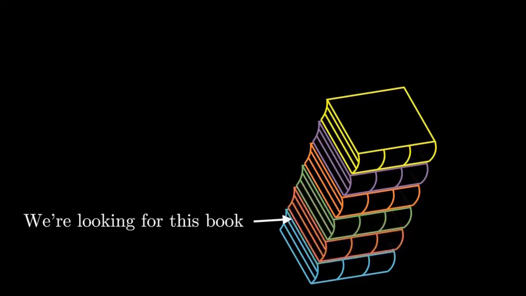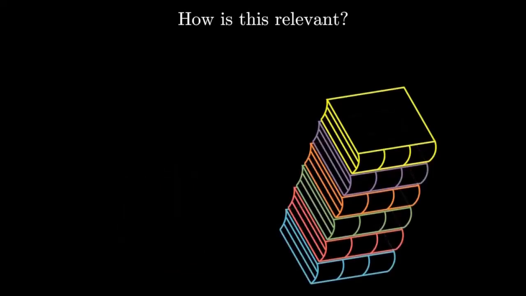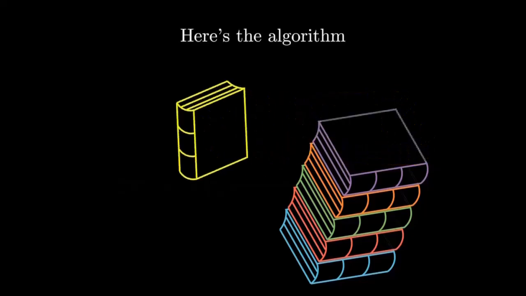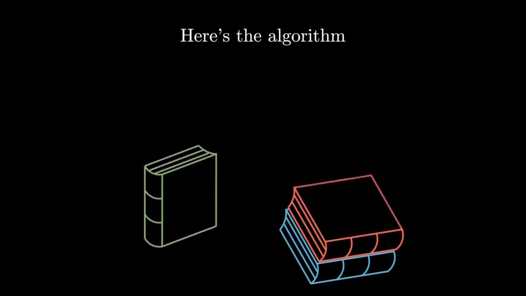Now, let's say you want to find a specific book from this stack. How would you do it? The most straightforward way to find a book is by taking a book off the stack until you find the book that you're looking for. I know what you're thinking. What does this have to do with data structures and algorithms? But believe it or not, you just saw a textbook example of a data structure and an algorithm. In this example, you can think of a data structure as our stack of books, and the algorithm we use to find a book is the process of taking books off the top of the stack until we find the book that we are looking for.